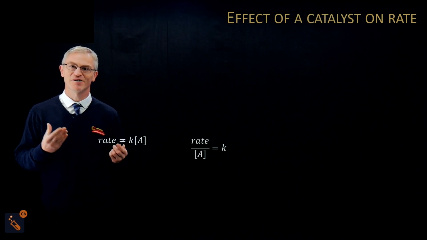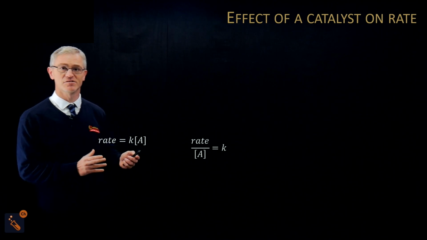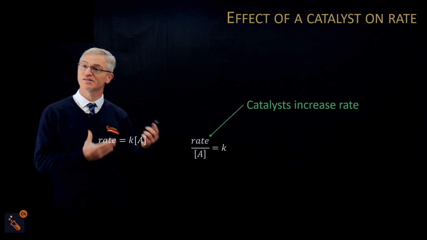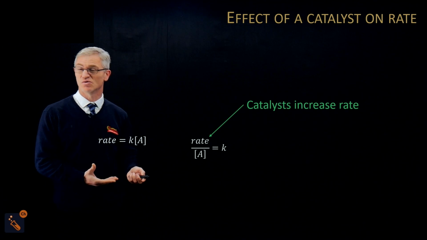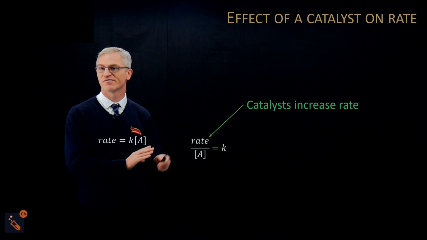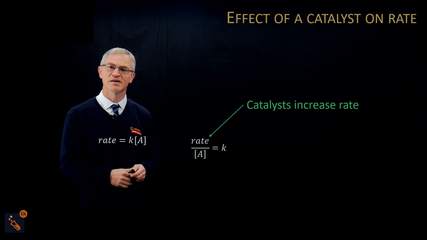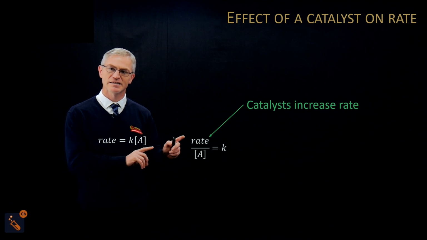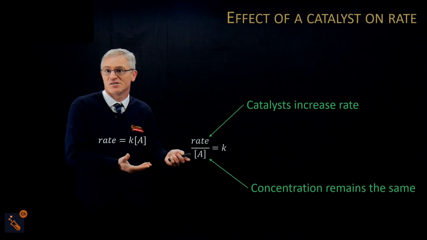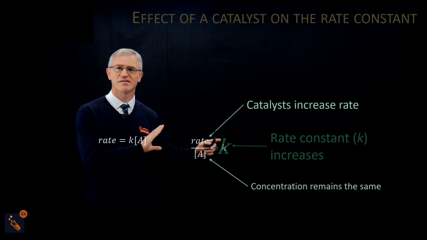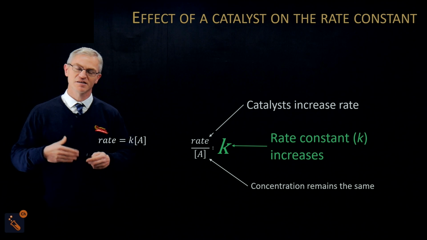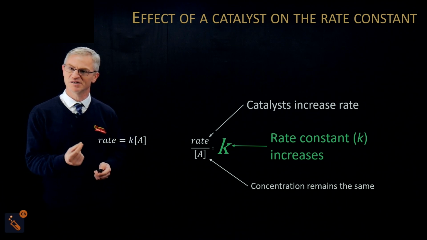So we're now going to go on to our final effect, which is a catalyst on the rate and therefore the rate constant. We know that a catalyst increases the rate by giving an alternate pathway. That alternate pathway has a lower activation energy, and therefore you get a higher frequency of successful collisions, and more that achieve the activation energy. That means the numerator goes up, but the concentration remains the same, so your rate constant is going to increase. So we know from this video that pressure and concentration will make no effect, but temperature and catalysts